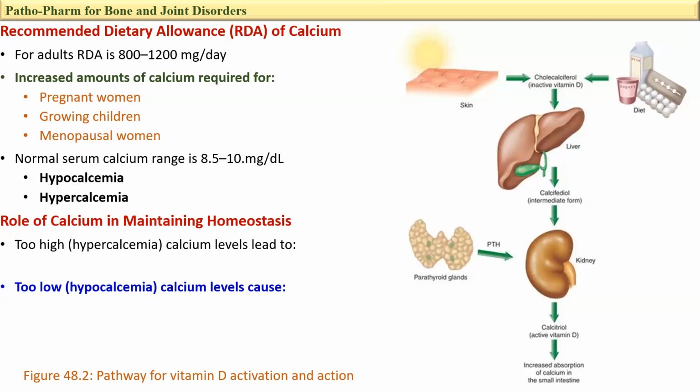So it can be 8.5 to 10 or 9 to 11 milligrams. That's the normal calcium level, but the active form, the ionized calcium, is about half of this, about 4.5